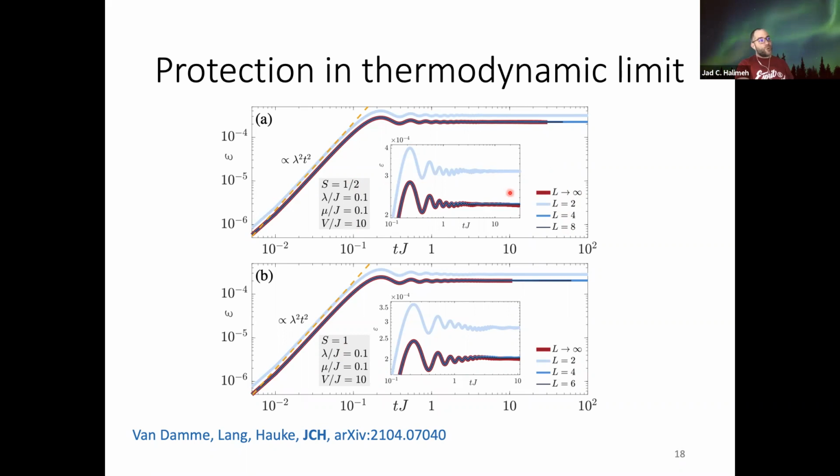And what you can see is for all the accessible times that we have, already at 4 matter sites, you're falling exactly on top of the thermodynamic limit result. This is quite spectacular, yeah? This is quite spectacular because this linear protection term, at least analytically, in the worst case scenario, is not supposed to work there. But we see that when your errors are local, you have a good shot, and they do work. And not only do they work well, they already give you what you would get in the thermodynamic limit.